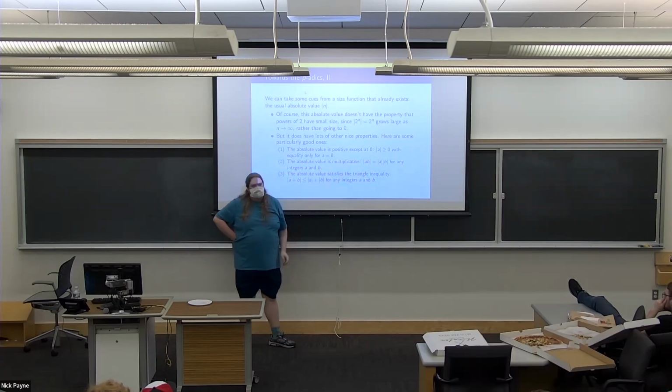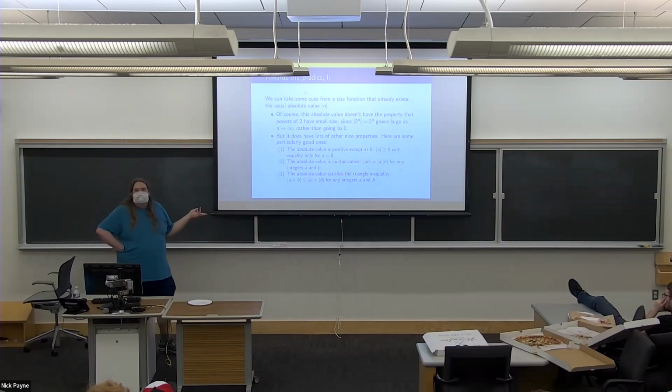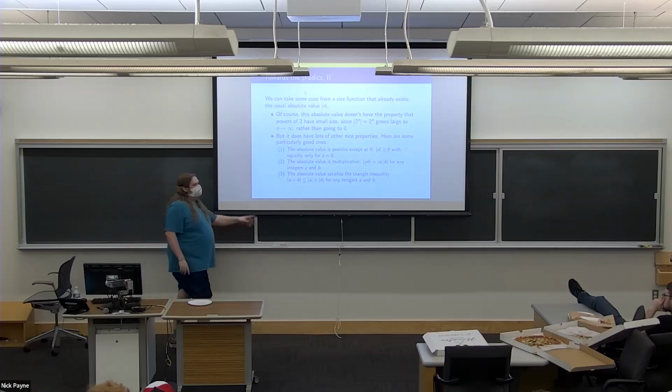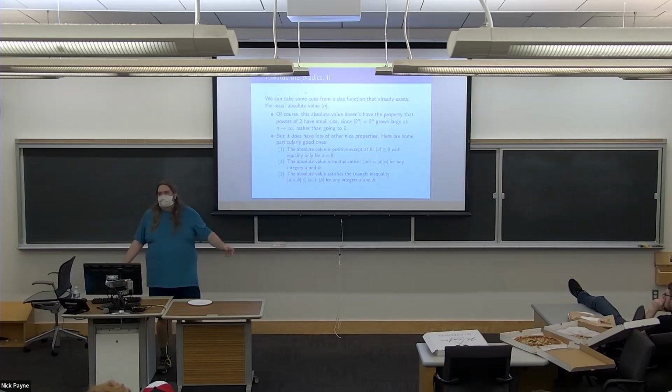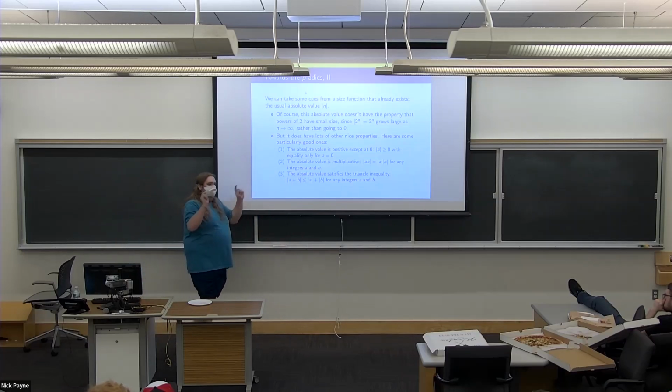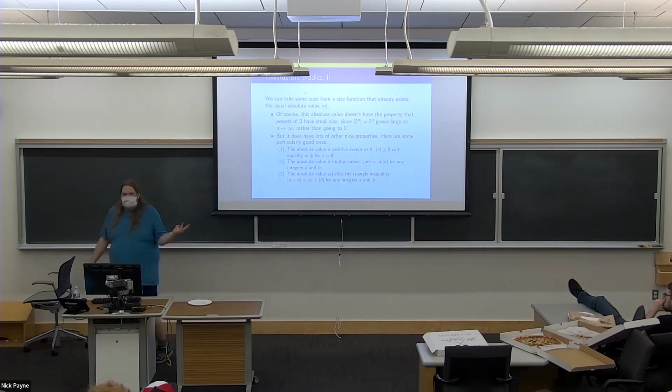Second, really usefully, the absolute value is multiplicative. The absolute value of a product is the product of the absolute values. For real numbers, integers and rational numbers, this isn't really so exciting, but it's also true for the absolute value of complex numbers too, which is another notion of size function that is good to think about. And then the other really important fact about the absolute value is that it satisfies the triangle inequality. This is the other really fundamental fact about it. The length of 2 sides of a triangle is greater than or equal to the other, and that's what this says. So those are 3 properties that would be sensible if I'm trying to come up with some new size function on the integers.